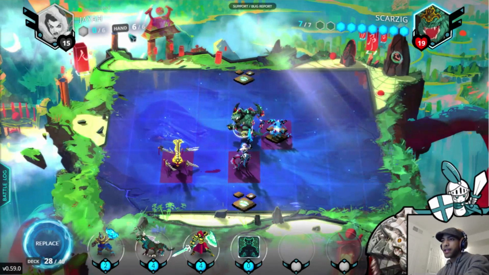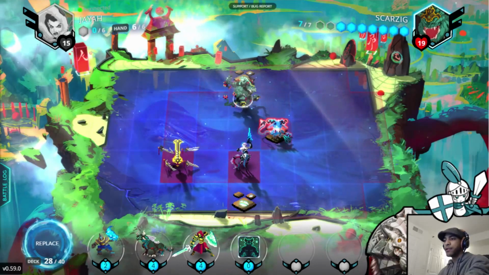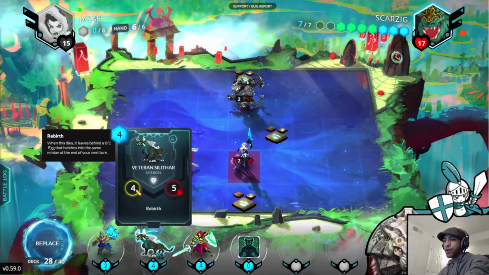Okay. And you see he played the Snow Chaser, but his hand is at 6. So I'll step up 1, kill the Snow Chaser, and then we've got this Dancing Blades here to worry about. So...